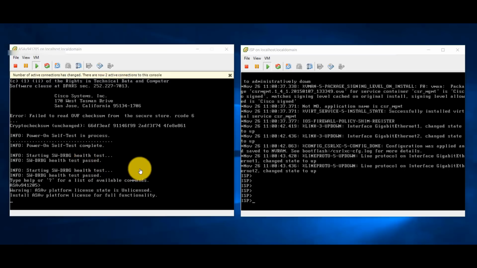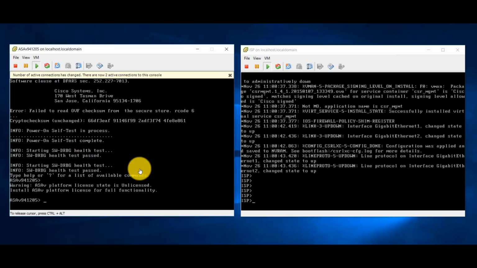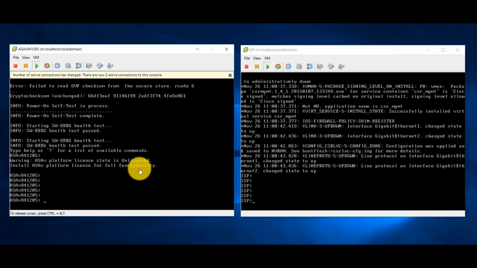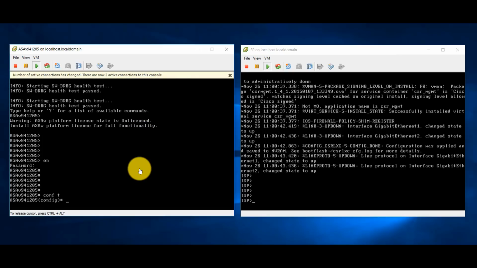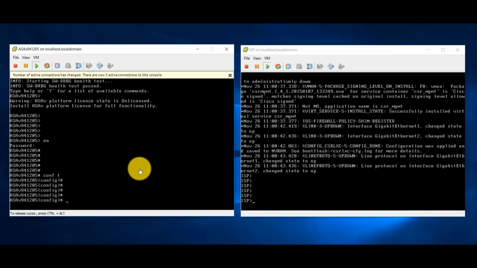Alright guys, so now both of our devices are up. Let's start with the ASAv first. You need to go to the global configuration mode. Once you are in the global configuration mode, you need to type the following commands: cd coredumpinfo